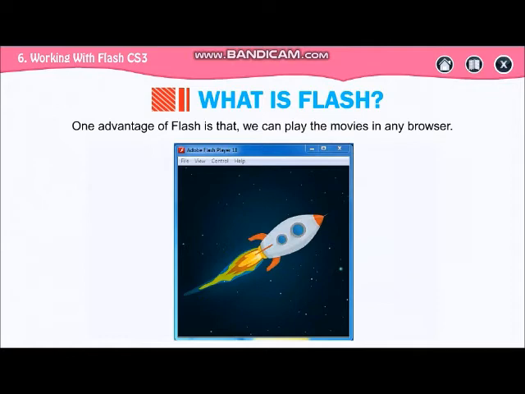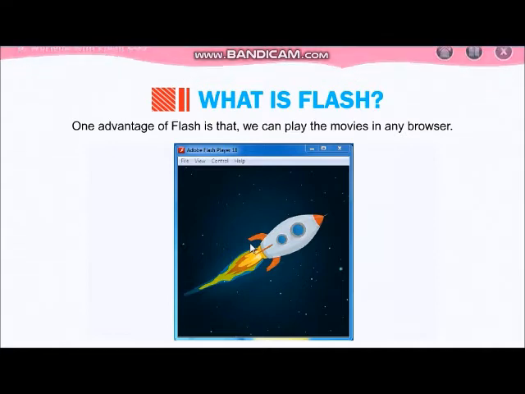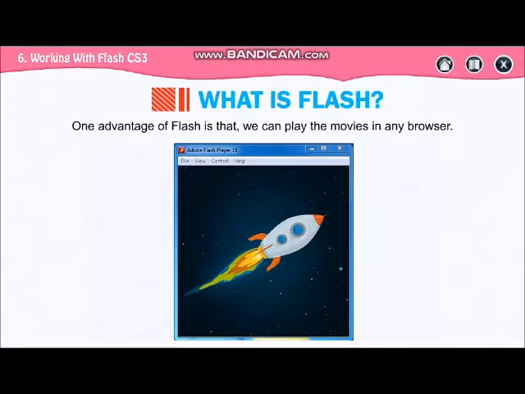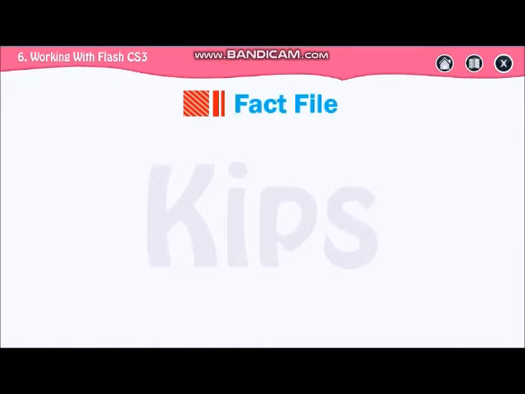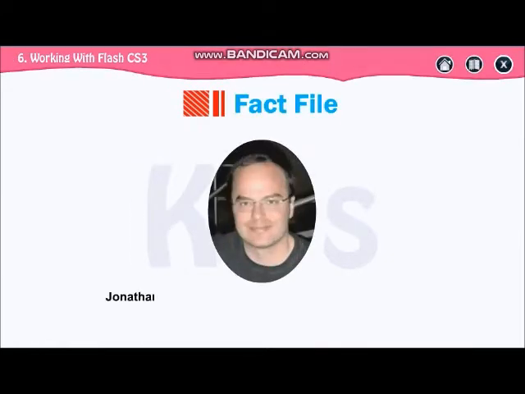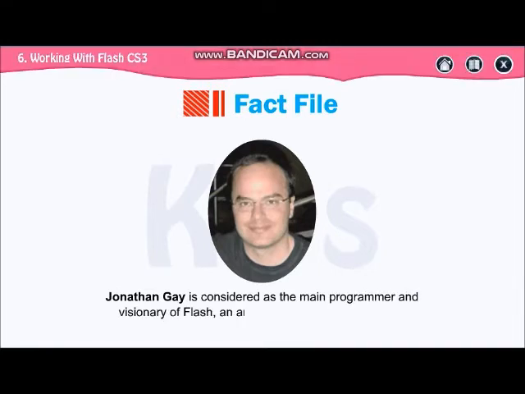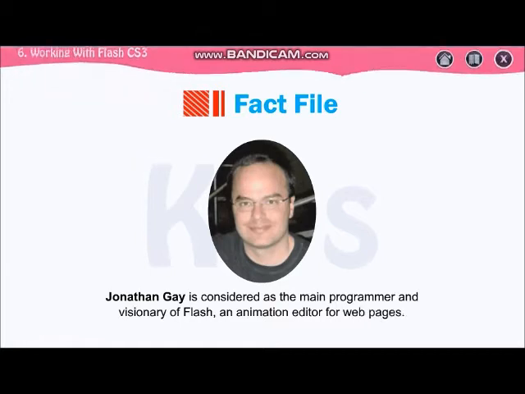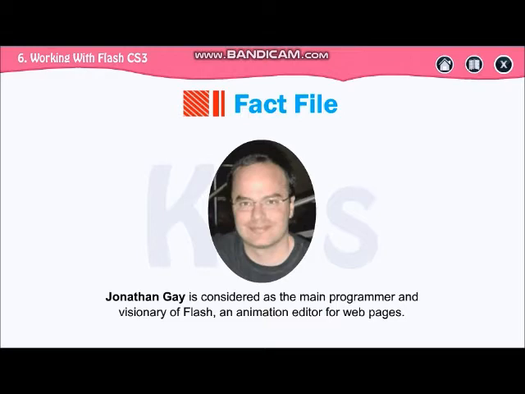Suppose you have made a Flash file, you can run that file in any browser like Google Chrome or Mozilla Firefox. So the applications made are web friendly. आप उसको website पर use कर सकते हो. Now the fact file: Jonathan Gay is considered the main programmer and visionary of Flash, an animation editor for web pages.